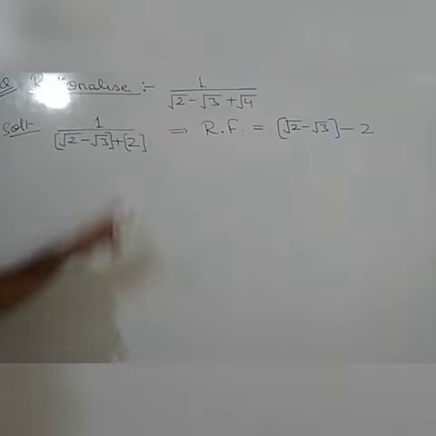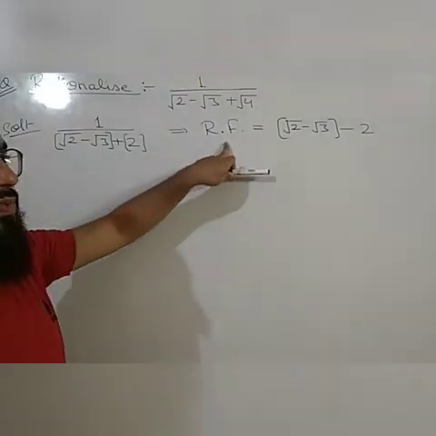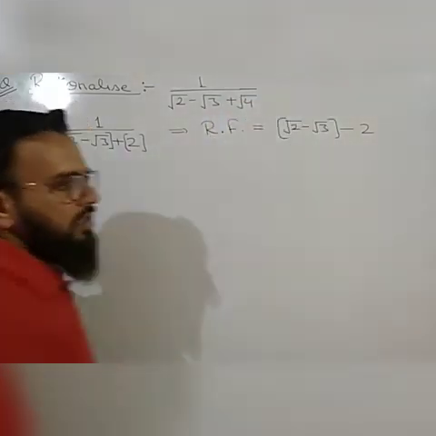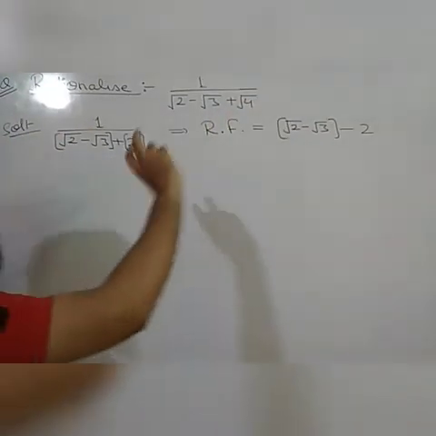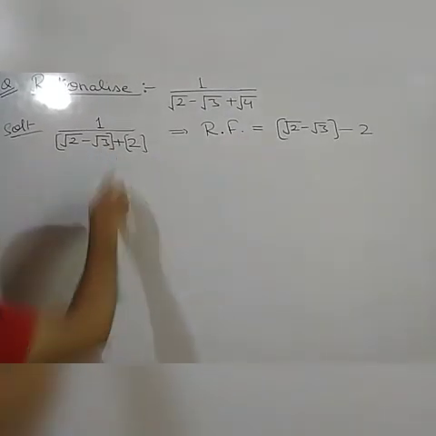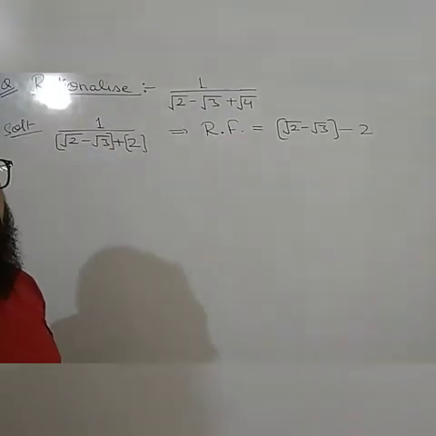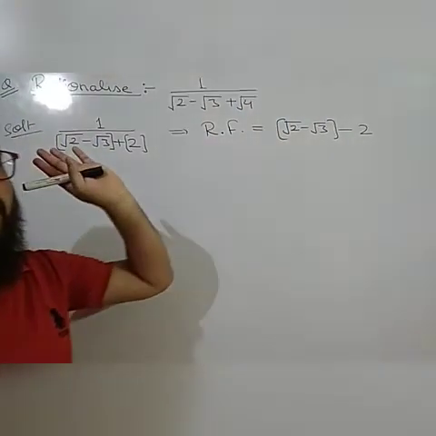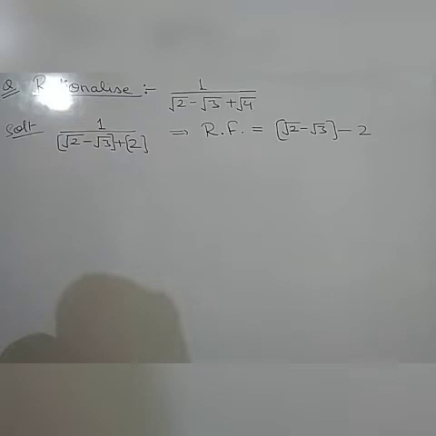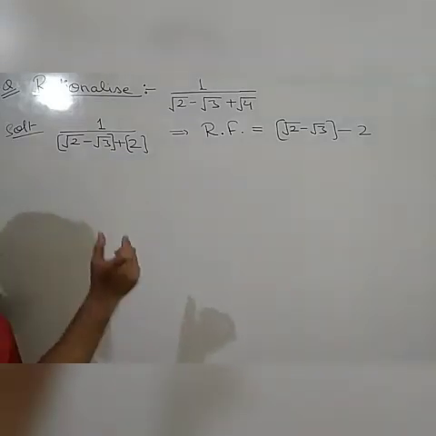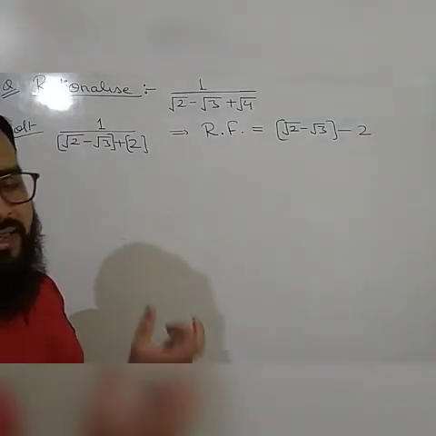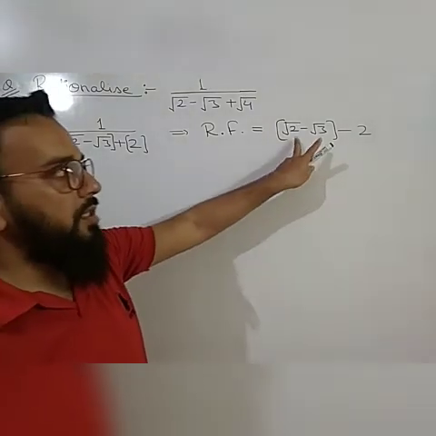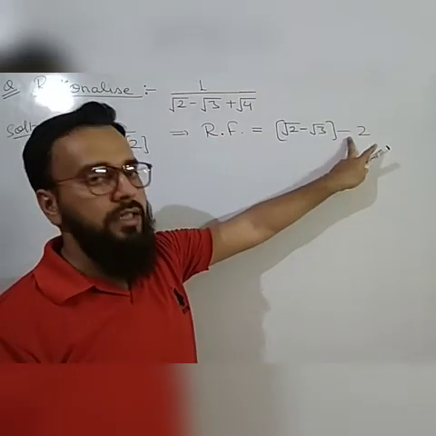Clear? So this is the method to find the rationalization fraction whenever you are given three terms. Similarly, if we are given four terms, then we will take two terms together and two terms together. Then the sign in between those two brackets will be changed. If you are given 5 terms, 6 terms, however many terms can be given to you, you will separate the terms and convert it into two parts. You will use only two brackets and the sign in between the brackets will be changed. So here the rationalization fraction is root 2 minus root 3 and then minus 2.